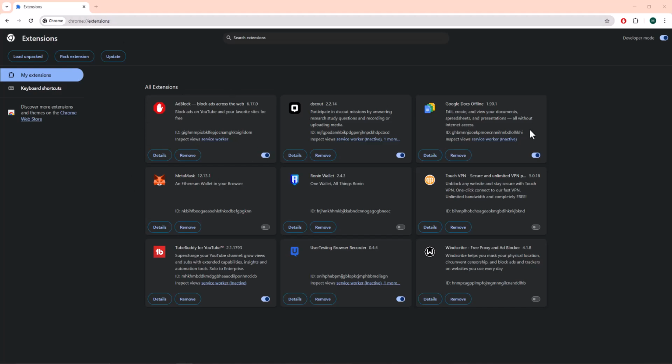The first thing you should do, if let's say AdBlock isn't working, or whatever the extension was where you're getting this error, you can just straight up uncheck this and then literally check it back on. Basically turn it off and turn it back on, and usually this resolves a lot of these errors. So in general, I would highly recommend you go down that route and try that first and